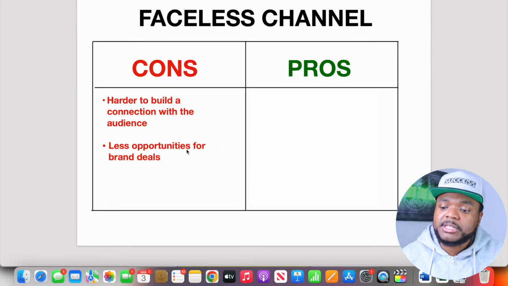One thing that I've noticed with various different faceless channels that I've tried to start is that it takes a little bit longer when it comes to building that organic connection with the person that's watching that video. And it's a lot easier to build a connection when it comes to you sitting down and showing your face on camera like what I'm doing right now. And due to the lack of connection that you're building with your audience and your viewers, it's going to lead to less opportunities for brand deals.